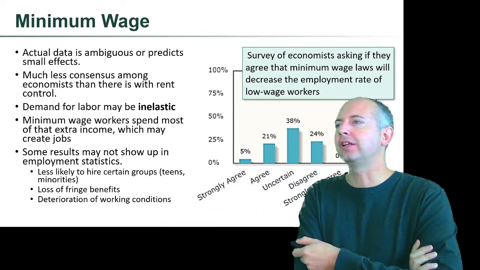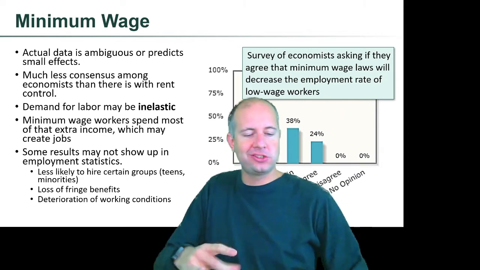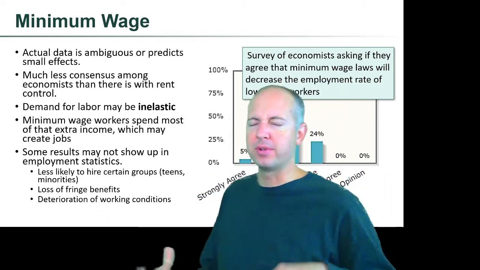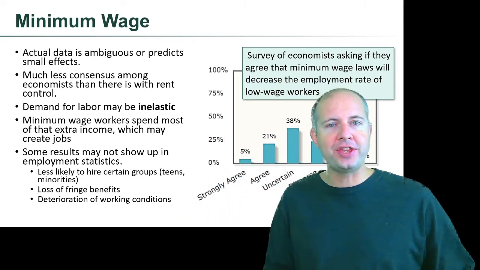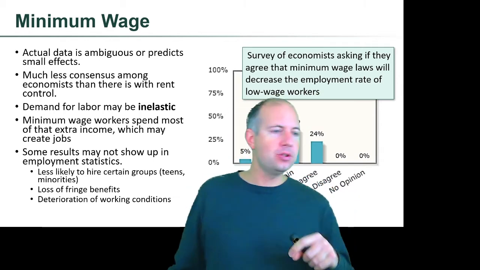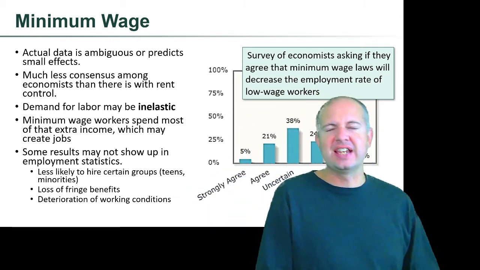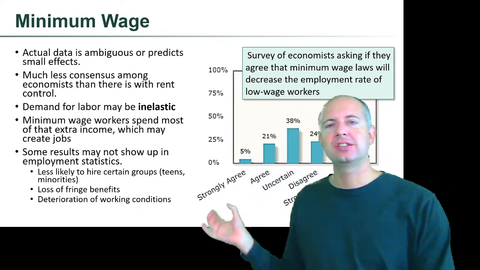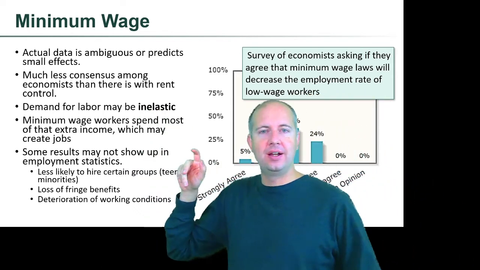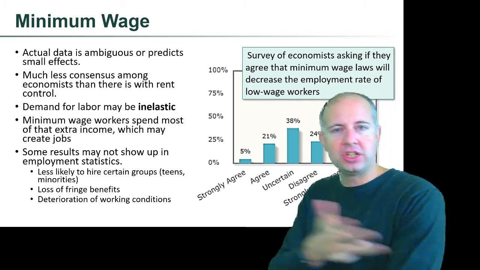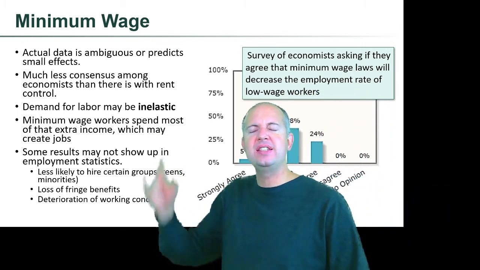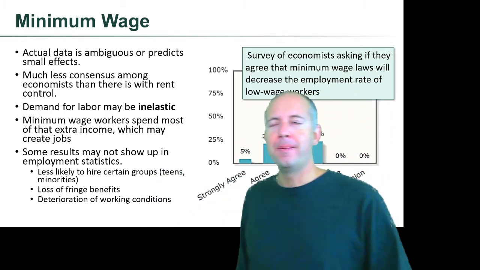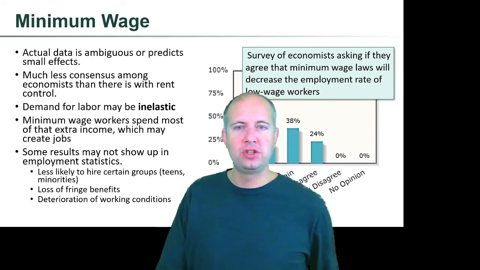So demand for labor. So why is this? This is sort of an unusual thing we're seeing, that really basic theory says one thing, but when we do all sorts of research, we just don't see it. So here's some of the reasons. Demand for labor may be inelastic. We talk about inelastic demand in micro. We don't really talk about it in this class. Essentially what this means is demand for labor might not really be very sensitive to the price of labor.